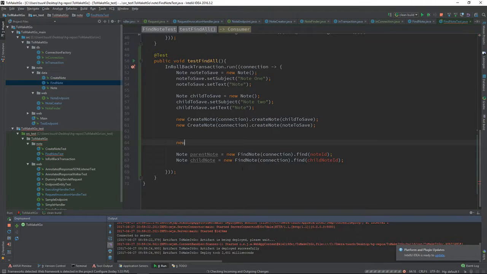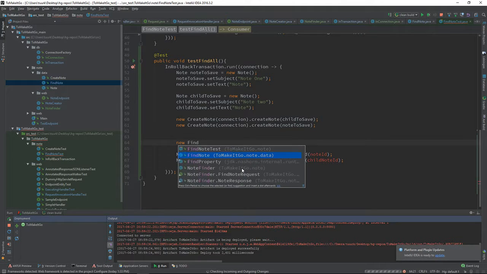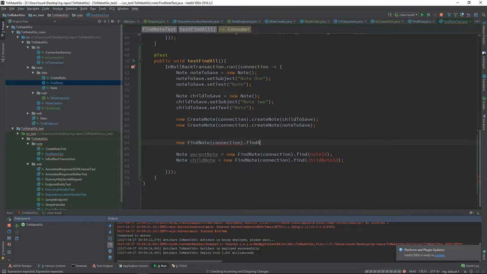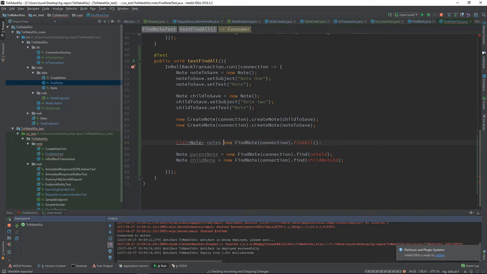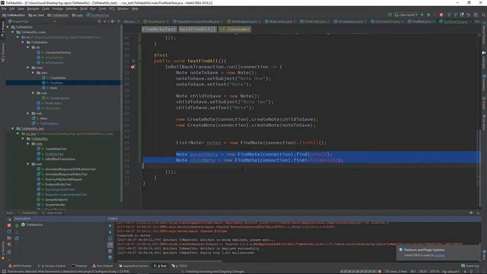Then we have a new note finder. Find note takes the connection. We're going to ask it to find all, and I expect that to return a list of note. This will be notes. And the only thing I can really say about that is that,